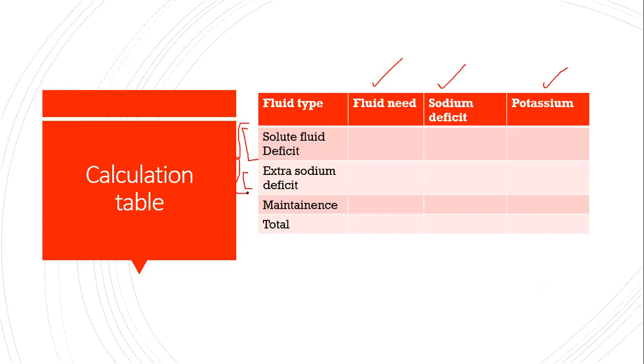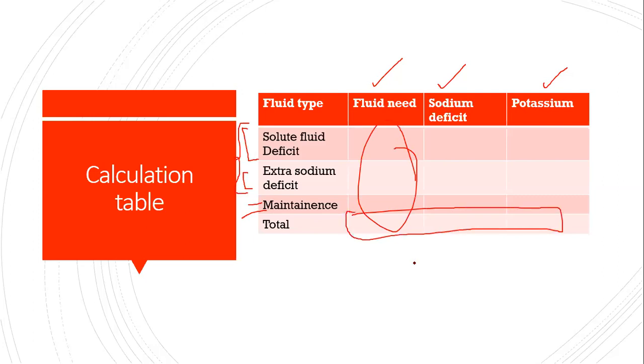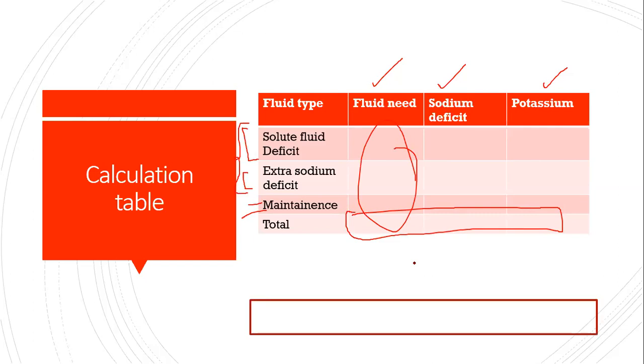Apart from that, you will have to replace the child's ongoing losses. After the child has come to you, for how many episodes of vomiting or diarrhea, you will need to replace them. Plus, what the child requires on a daily basis, that is your maintenance fluid, that also needs to be given. So you can calculate all of these together and find the ideal fluid this child will require for correction of hyponatremia plus maintenance. So let us see.